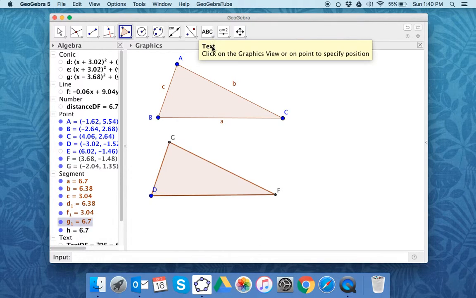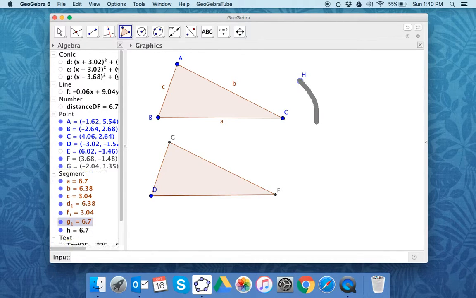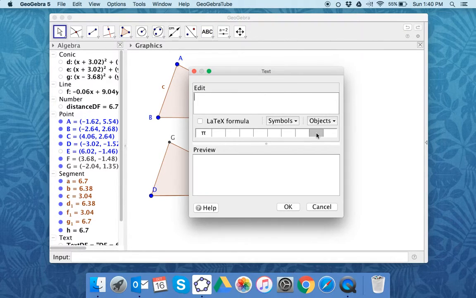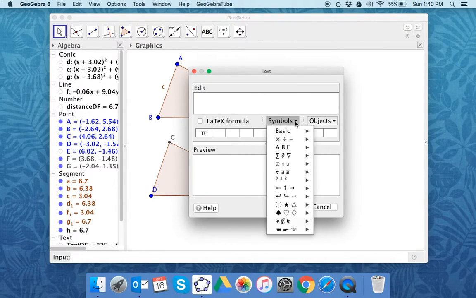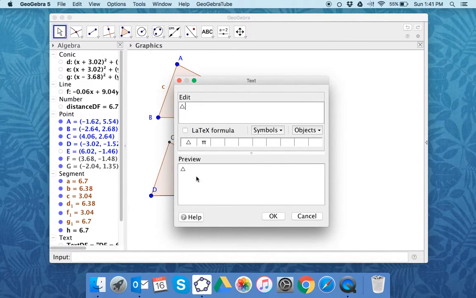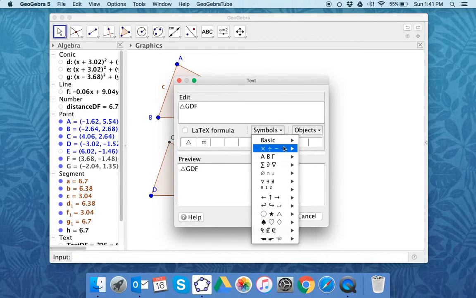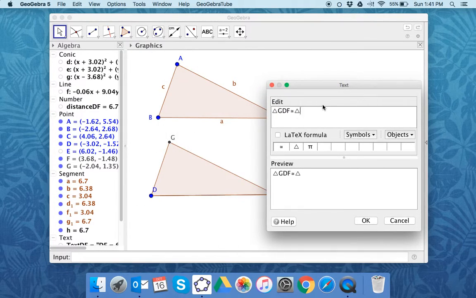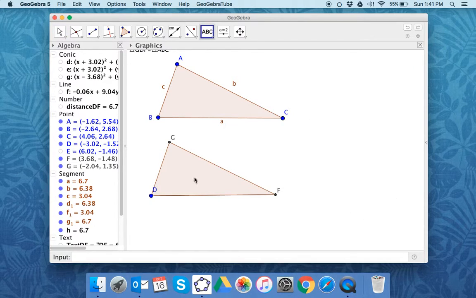And I'd bring down my text box. Text. And I would say triangle GDF is congruent to triangle ABC. Make sure you get them in the right order. GDF, ABC. Beautiful. And that is by